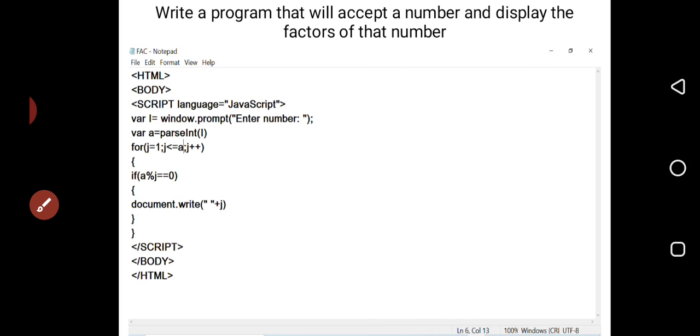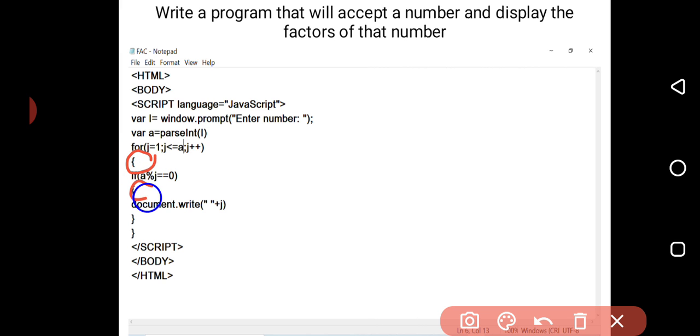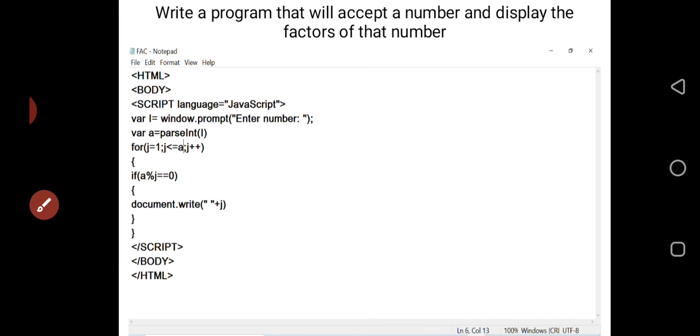Now here we have to tell you something. Suppose you will see some new things here: the second brace, and the closing of the second brace. In the QBasic program you have not seen that, but we end the for with next, and end the if with end if.